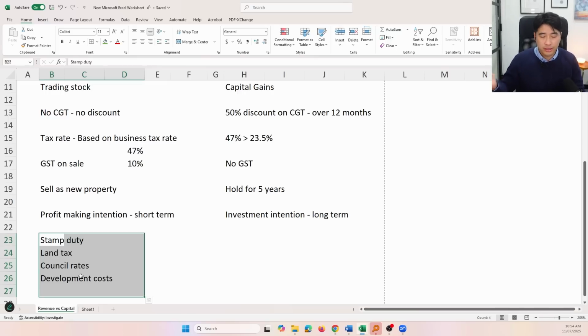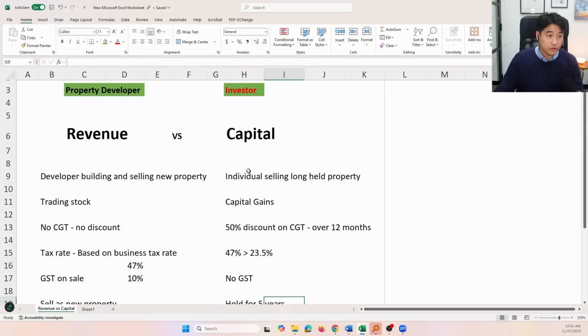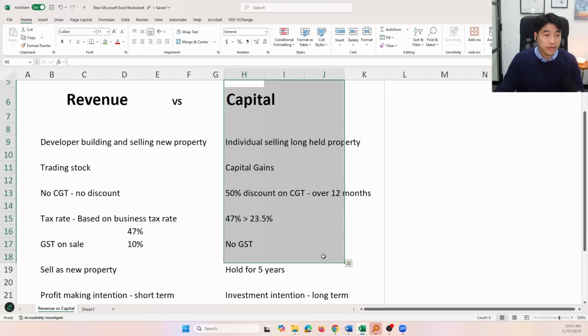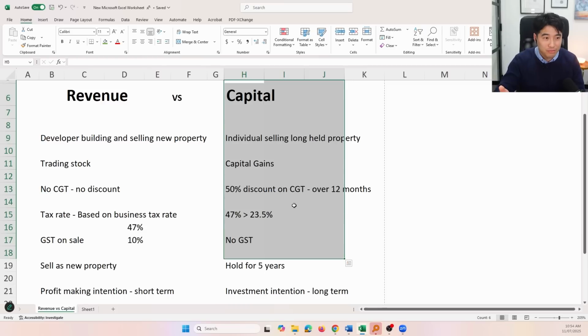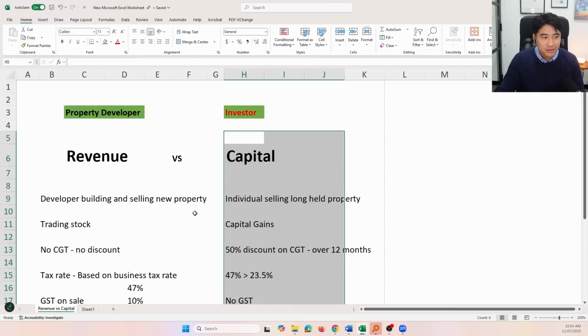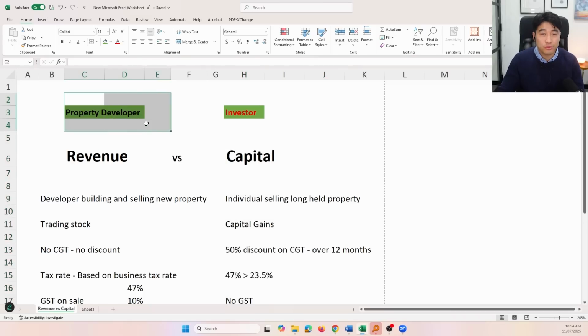Go in, live in it, and if you decide that after 6 months that this is not the right thing for you, then you can sell it, and then the ATO may treat it as capital gains, and most likely will. Okay, but if you keep doing this and you keep building property and then you move into it and then you sell it off, over time, repetition makes it seem like you're a property developer as well. So you just got to be careful.